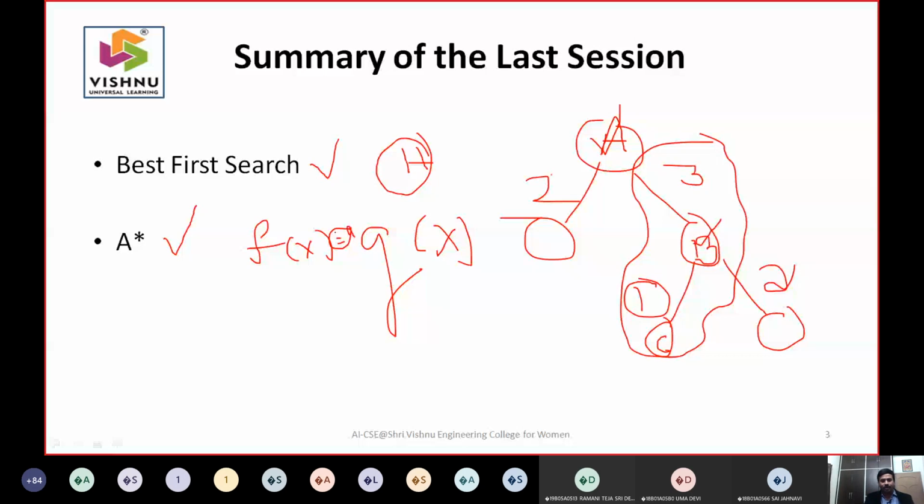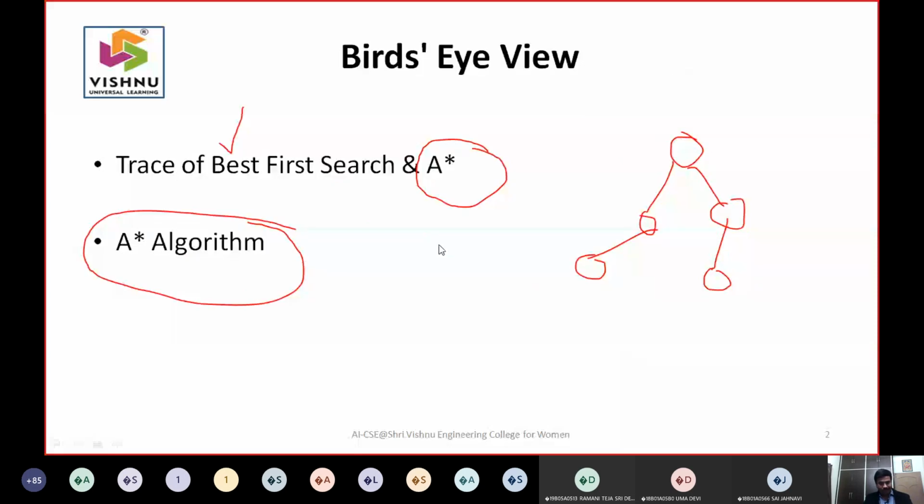So your A star algorithm's initial version is not bothered about the promising value at that moment. It talks about the cost incurred since the start, from your starting state to the current state. This is the preliminary algorithm that we have studied. So in this class, just a minute, I will just remove this part.